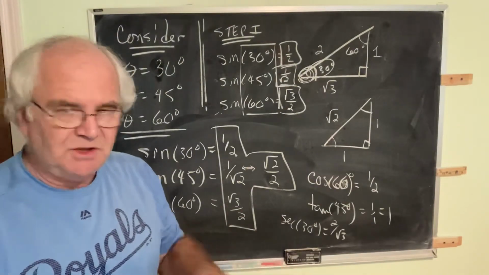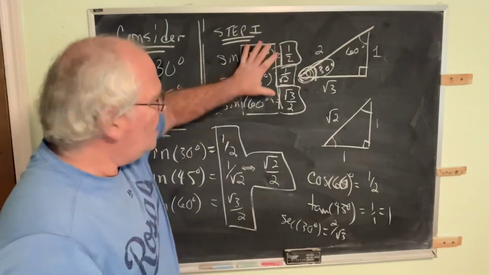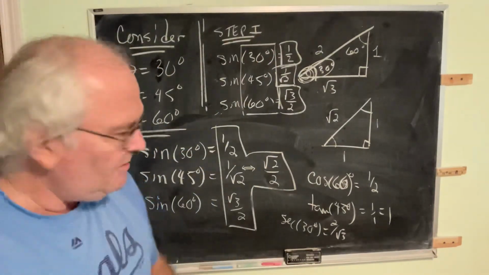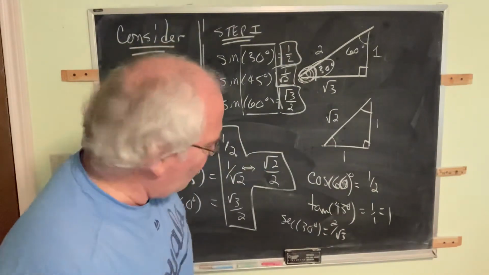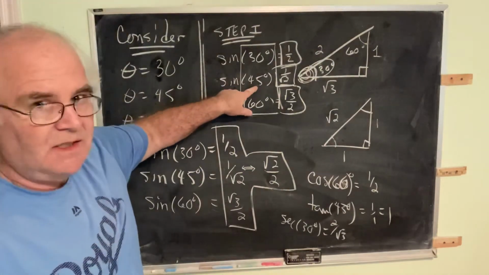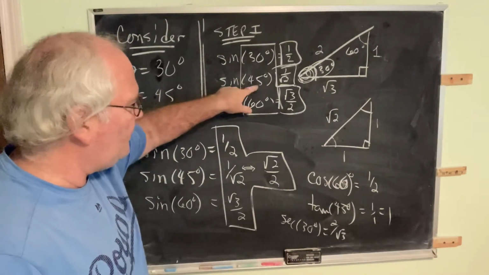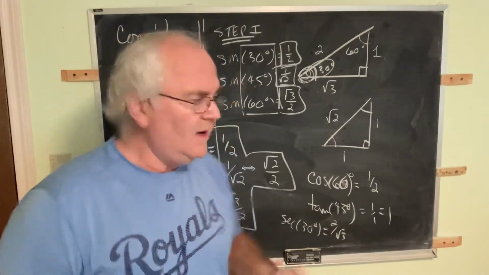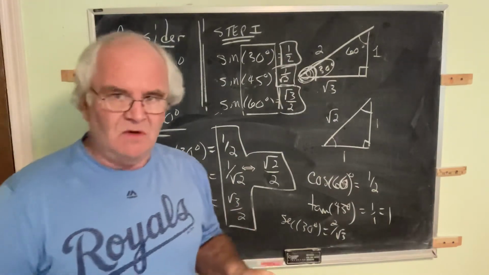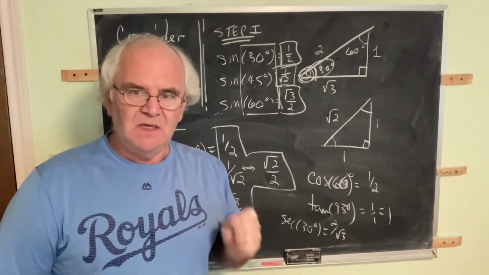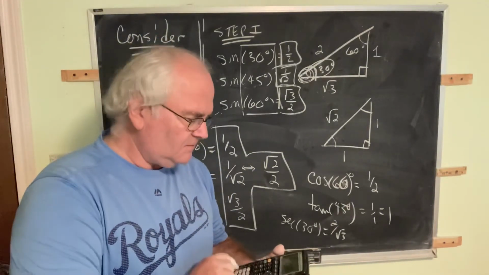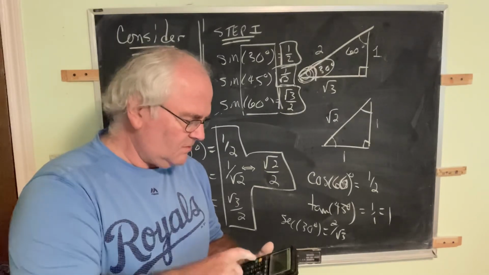You have all six function values for all three angles just because you know what these two triangles look like. If you can draw those triangles, you are in. You don't need any other information. You don't even need a calculator, because you can have these exact values. Now, when I ask you for the exact value of sine of 45 degrees,